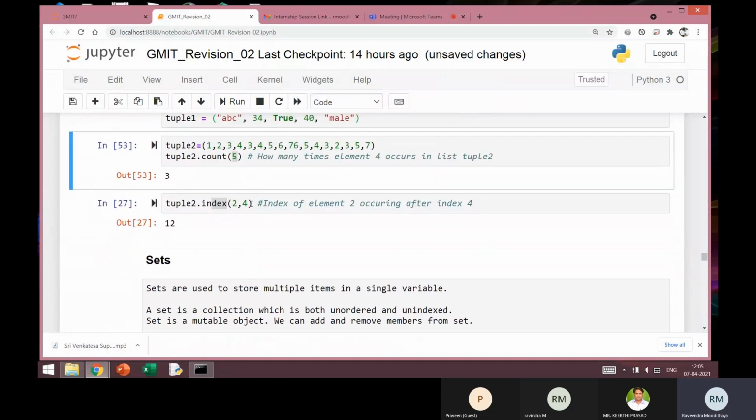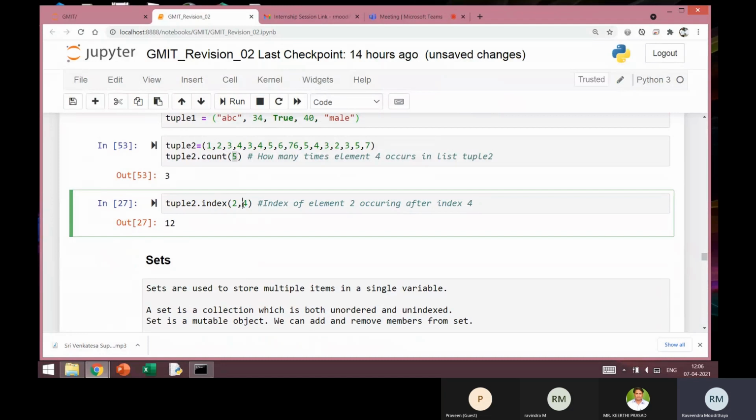Another method which goes with the tuple is index. This is very similar to the list index or the index function applicable to a string. Here I can say index of element 2, after the index position 4.